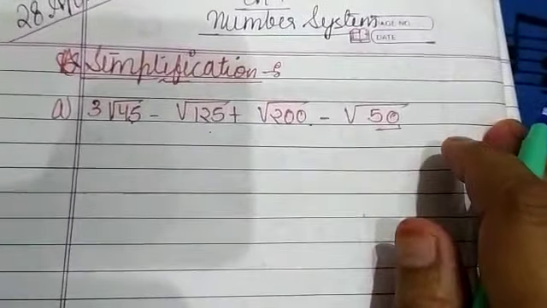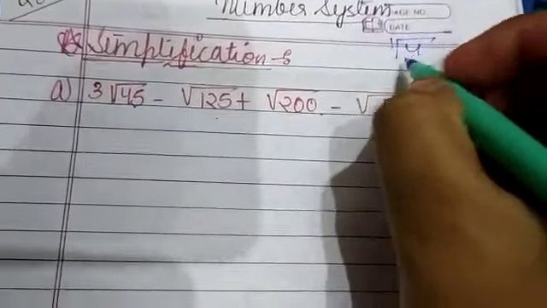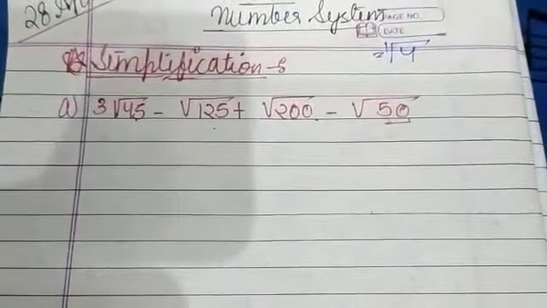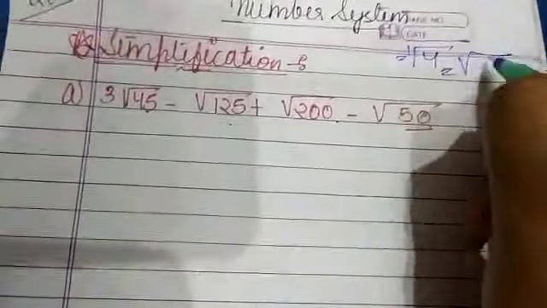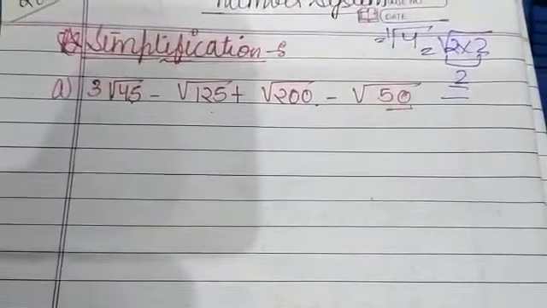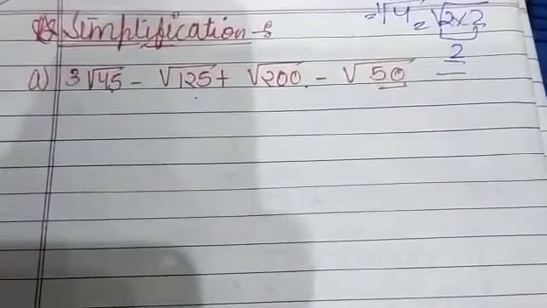Yesterday I explained to you about the power of surds. I told you that if nothing is given like this, it implies a power of surd of order 2. Means you have to do it this way: 2 into 2, and one number should come out. So this will be 2 as the answer. Same here, nothing is given, so the power of surd will be of order 2. It is 3 outside and 45 under root.